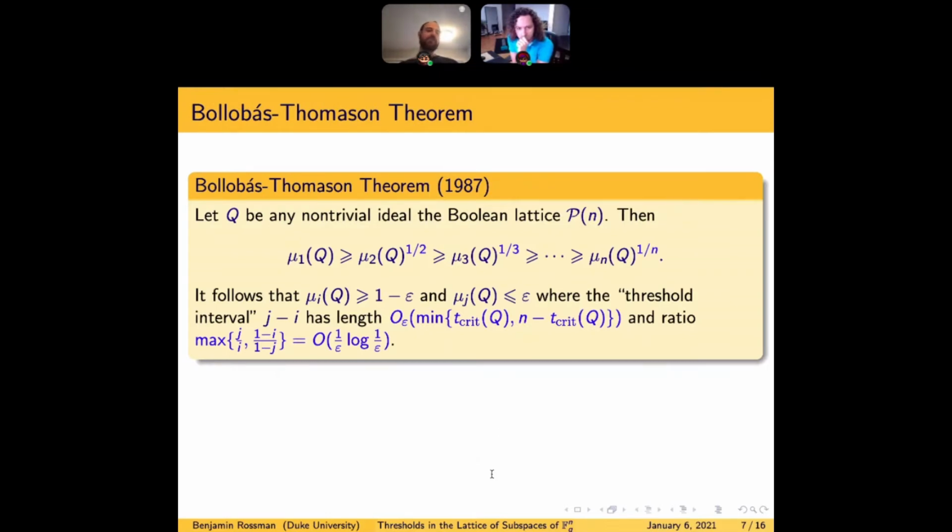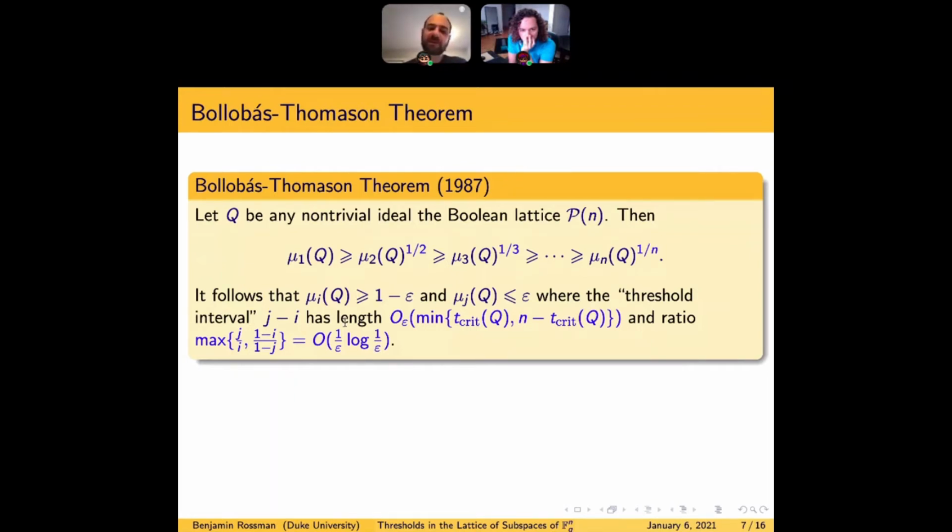So there's a result in the Boolean lattice known as the Bollobás-Thomason theorem, which is informally stated as: every monotone property has a threshold. Really what this is, is the following inequality. It shows that for any ideal, not only is the sequence mu1, mu2, mu3 decreasing, but in fact it remains decreasing even if you raise mu k to the power 1 over k, which of course increases it. So we have these inequalities, and this implies that